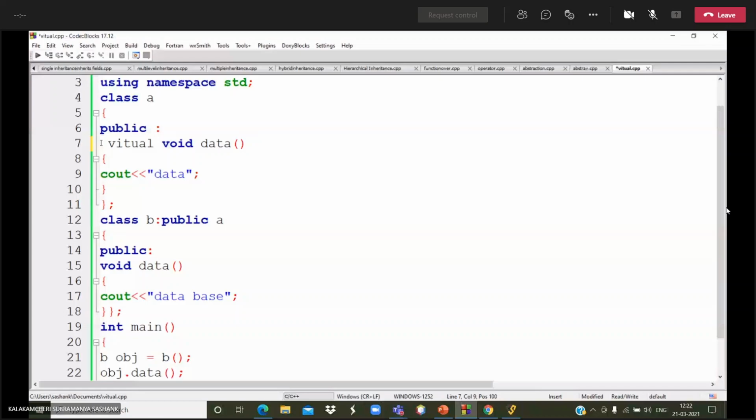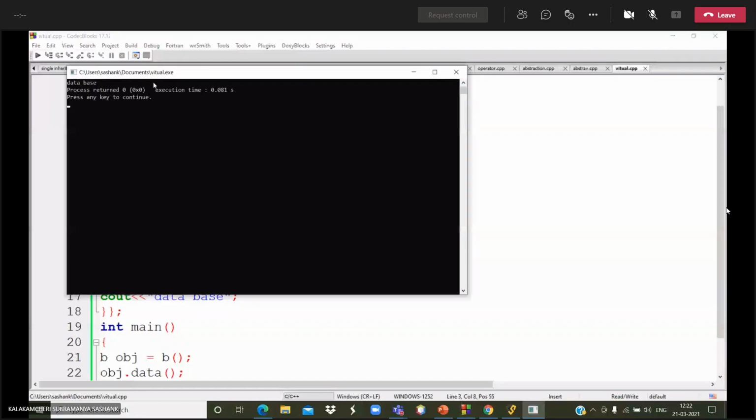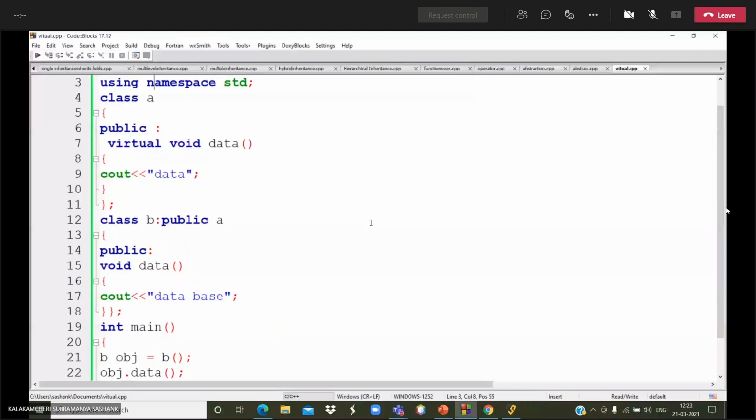Then I am running the code. See, now it also shows database. You will get to know what the difference is between with the virtual keyword and without the virtual keyword.